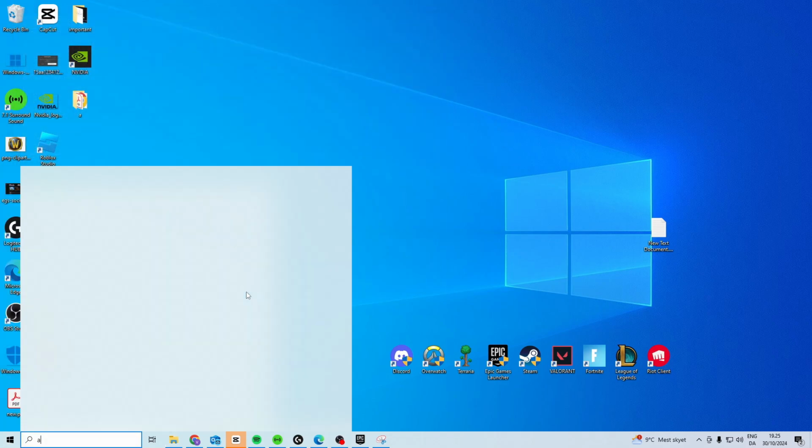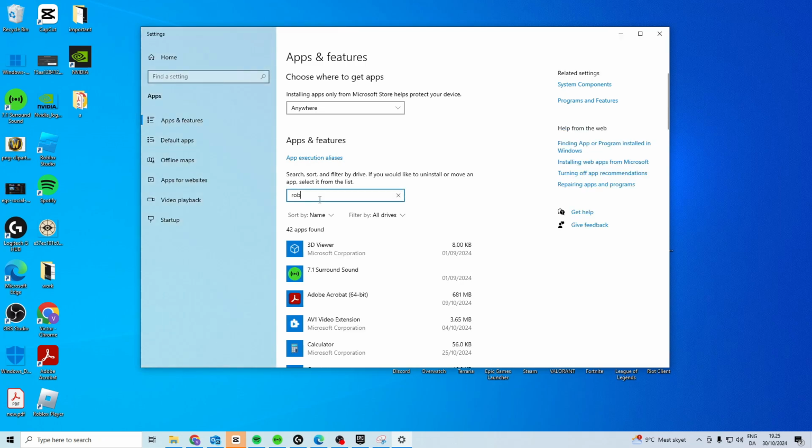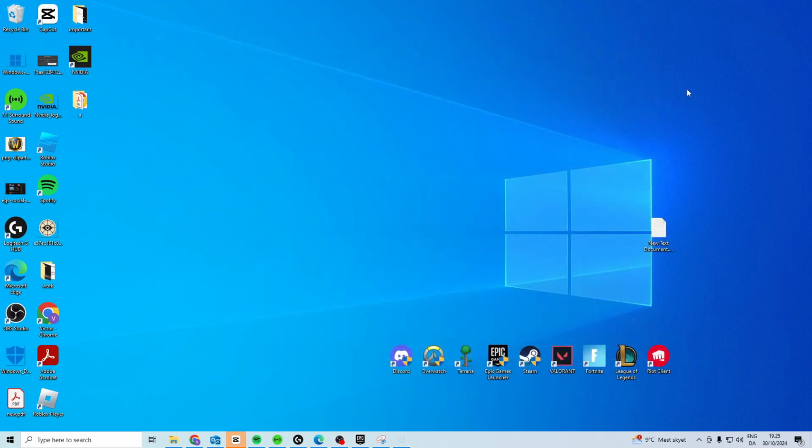After you've done that, you want to come here and search for apps and features, open it up, search for Roblox in here, and make sure that you uninstall all of your Roblox stuff. And then once you've done that, what you want to do is head over to Google and